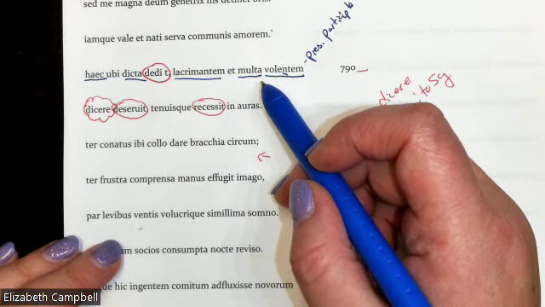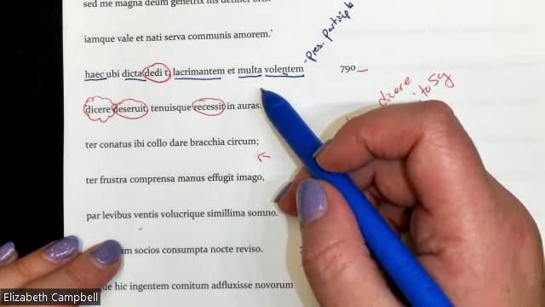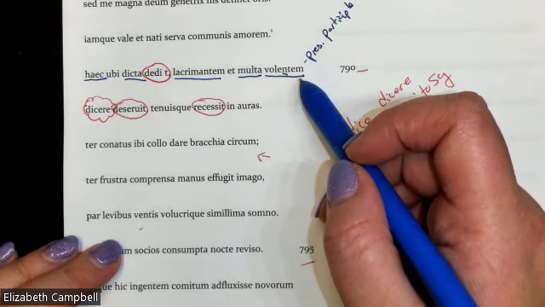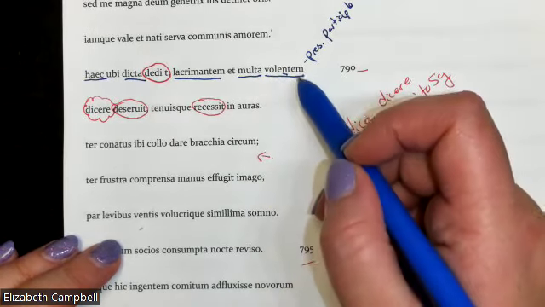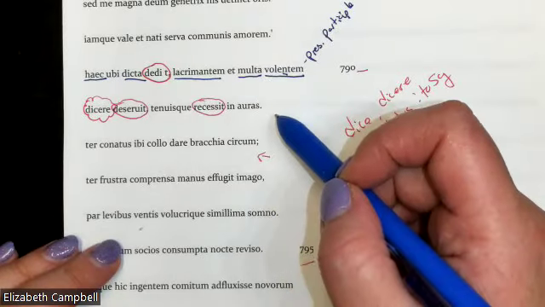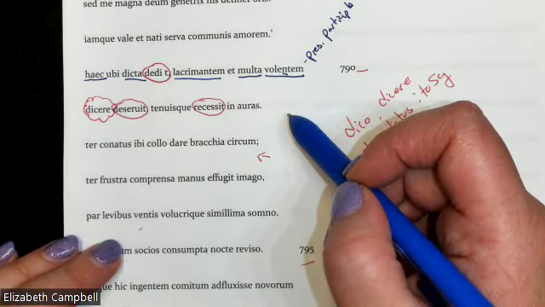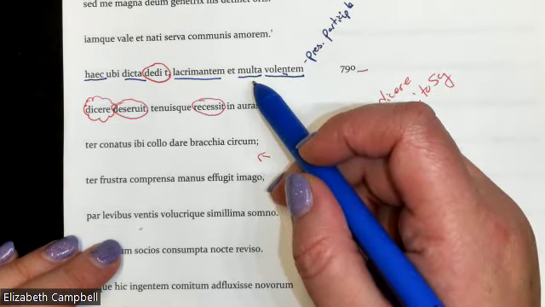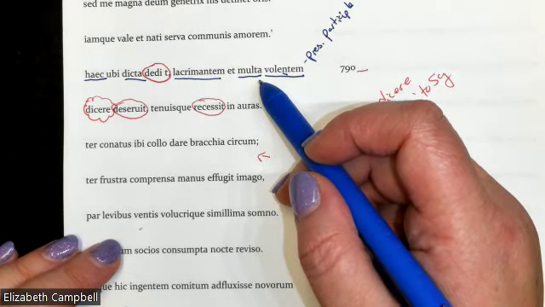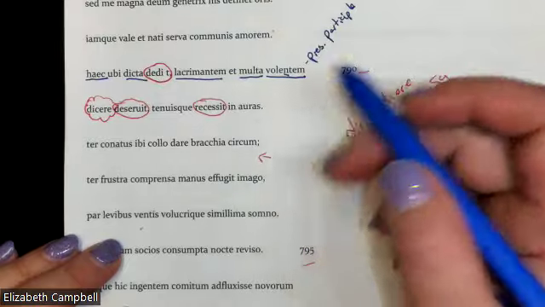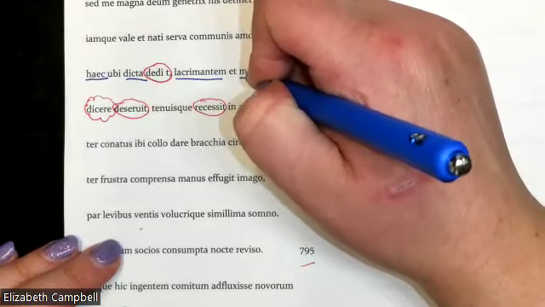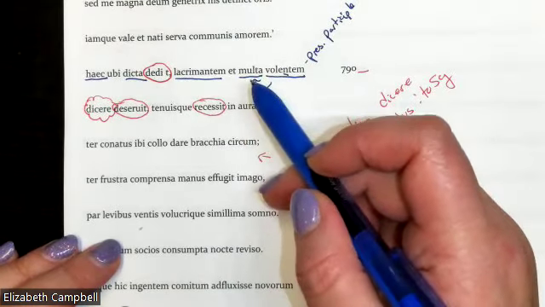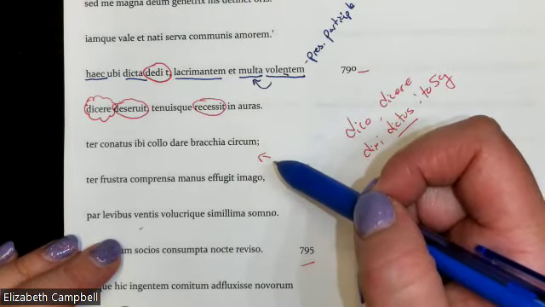And think about why. This is a good question, because you do need to ask yourself these questions when you do your own markups and your own translations. Why can't a short A and an EM ever go together? Well, if they're both accusative, the answer is because this EM is singular and this A is plural, and singular and plural do not match. However, participles can take accusatives. Kicking the ball, he ran into the goal. Whatever, that was kind of made up, but you know what I mean. So this volentem is actually taking the multa as a direct object, and present participles can do that.